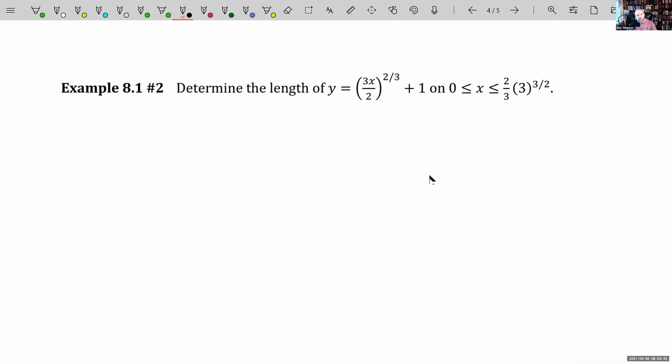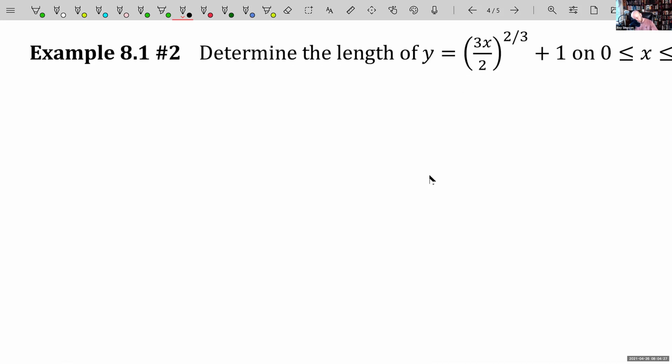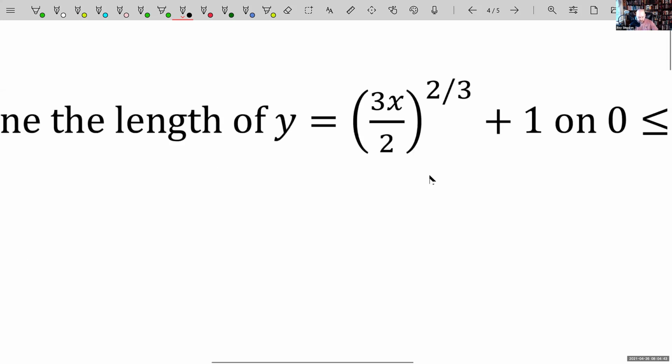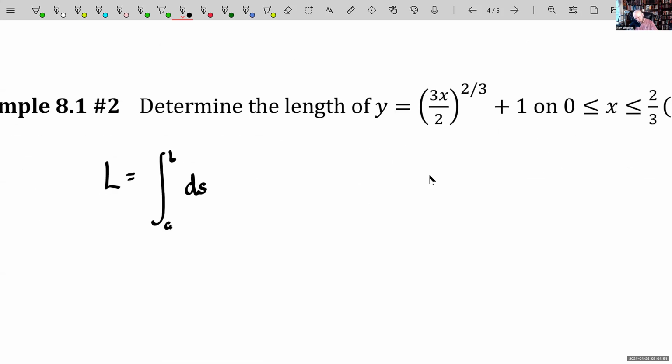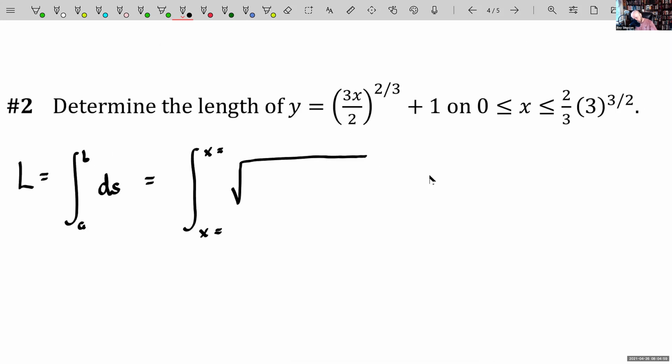But somebody says determine the length of a curve. I immediately think, oh, the length of a curve is just the integral from a to b of ds. That's it. I need to make 2 choices, really 1 choice. Do I want to integrate with respect to x or with respect to y? Since they gave me the function y equals f of x, I'll integrate with respect to x, at least for right now. So I'm going to trade this out for an integral from x equals something to x equals something of the square root of 1 plus (dy/dx) being squared